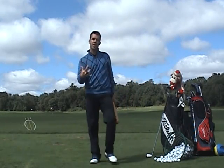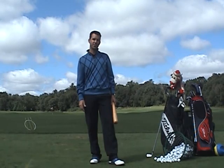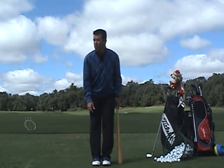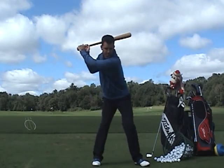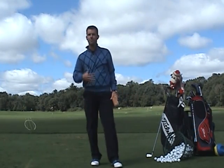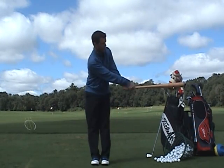We're going to rehearse that a couple of times at what I call third grade speed. Trying to figure out what the heck I just said. After rehearsal, we'll increase the speed into a kind of more fluid motion. I'm going to call that 6th grade speed. Bat on the forward side, bringing it back: hips, chest, arms, and bat. And once I finally feel I've got a pretty good handle on that, we do it at adult speed. Bat forward,